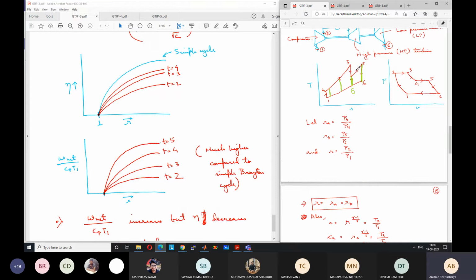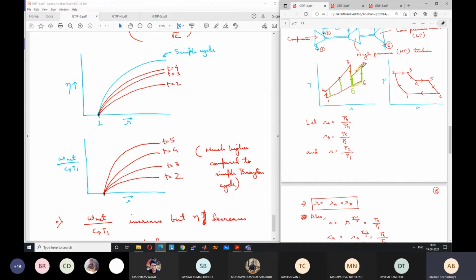So directly you cannot compare, but this extra cycle that is present, this extra part, the efficiency for this is lower than the efficiency of the initial Brayton cycle. That would have been present if I had just stopped here, because the turbine work output stops at a higher point and the exhaust temperature is also higher.